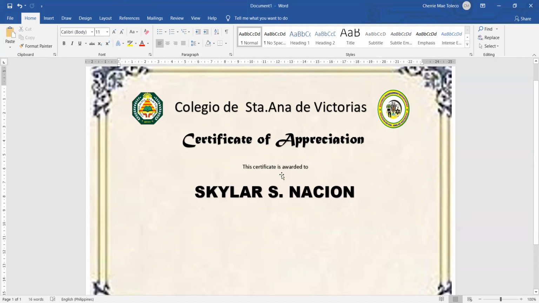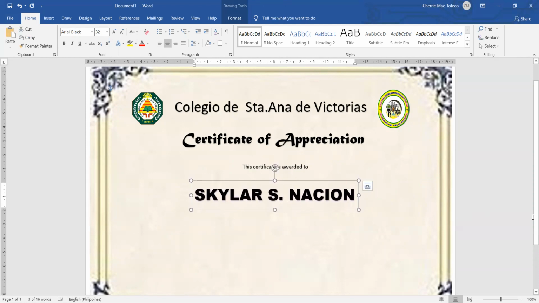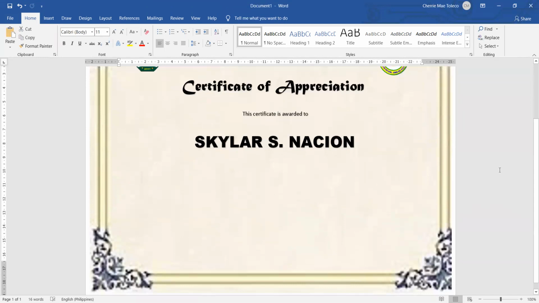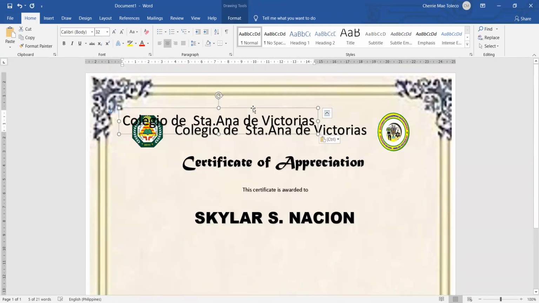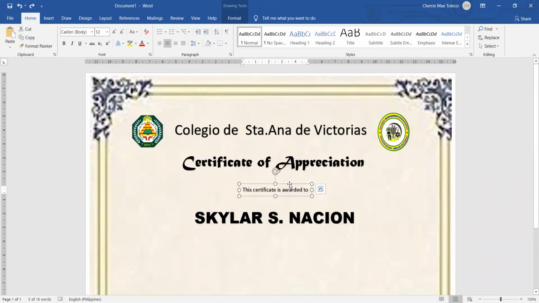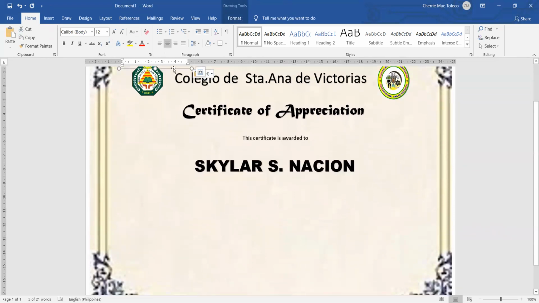Okay, take note of the spacing in between. So you can adjust this one, okay, using your down arrow key. And then Control V again for your another text. Or Control Z undo and copy this one because this is already size 12. Okay, size 12. So drag and put it at the center. Control A, this certificate is awarded to Skylar for